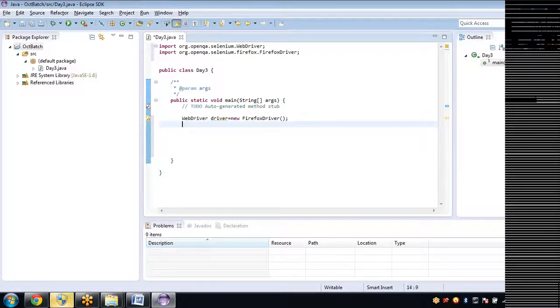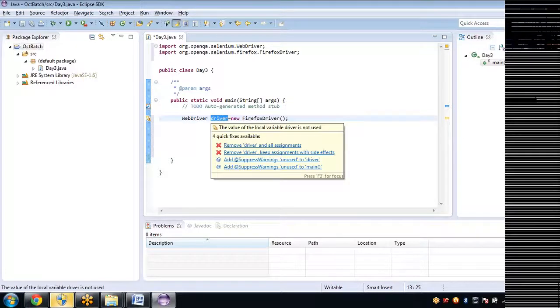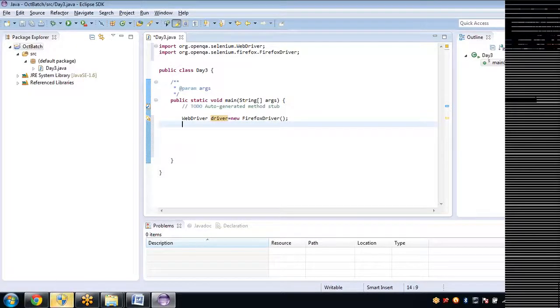Once you are calling these WebDriver methods using the driver object, automatically those will perform in the Firefox browser, because this is a Firefox browser's object only, right? So when you are calling these WebDriver methods now using this object, automatically all the methods which you are calling will perform in the Firefox browser.